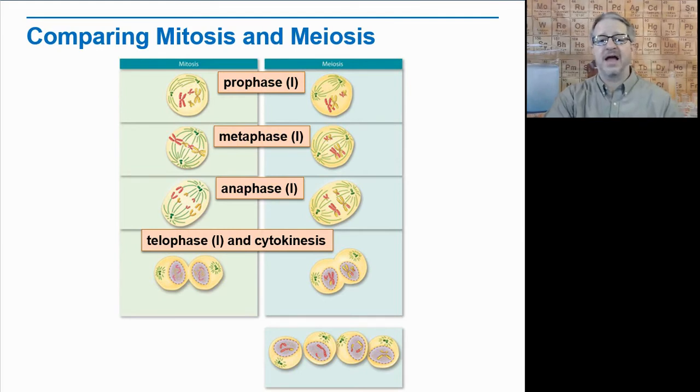So, as we walk through the diagram, take note of the differences in the lining up of chromosomes, also the number of chromosomes each cell contains, and how the chromosomes separate into new cells. In this particular cell, in mitosis, we have 1, 2, 3, 4, 5, 6, 7, 8 chromosomes. That's the 2n number. They're going to line up in the middle and then get separated. So now we have 1, 2, 3, 4, 5, 6, 7, 8. And then they get separated, and cytokinesis pulls them apart into 2 new daughter cells that each has 4